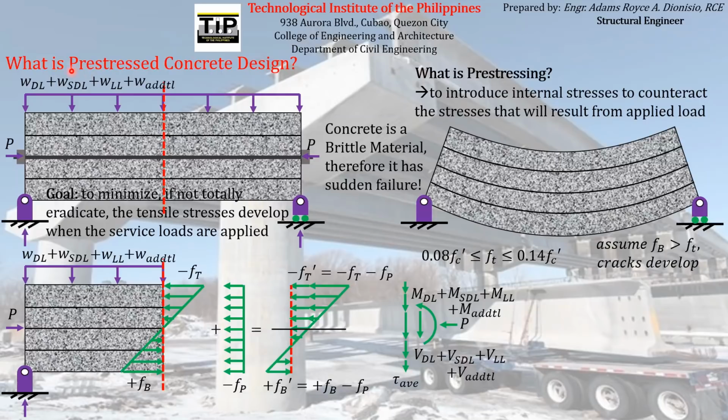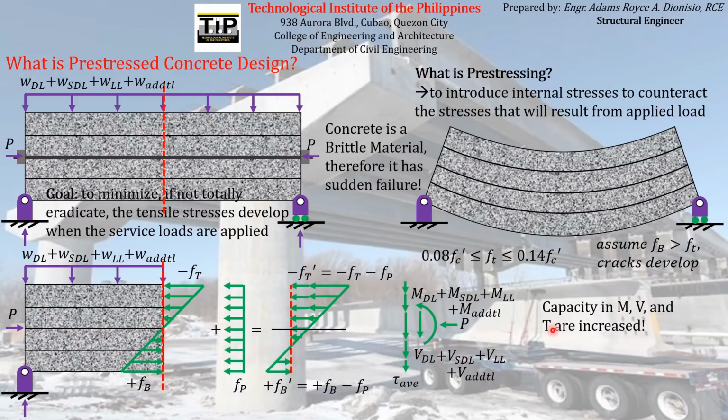Kung kanina, ito lang kaya niya, nag-crack na siya, ngayon, kailangan mo pa magdagdag ng ganitong magnitude ng load para mapag-crack mo siya, para umabot siya dito sa tensile strength niya. So therefore, the capacity of the concrete beam increased. Ibig sabihin, nadagdagan yung capacity niya,